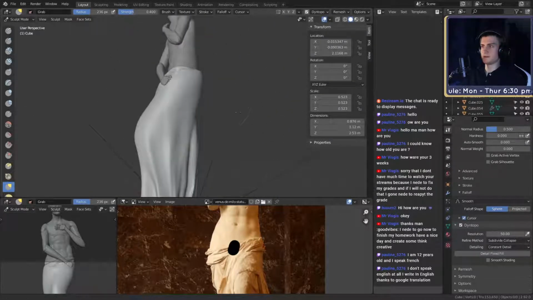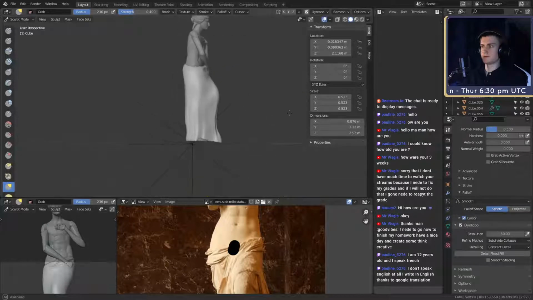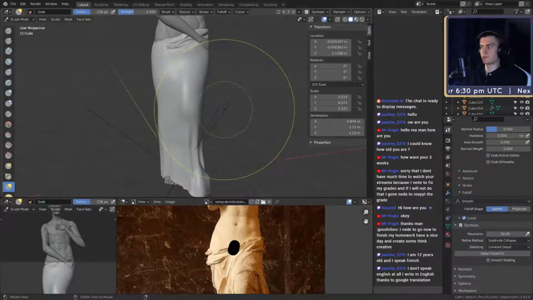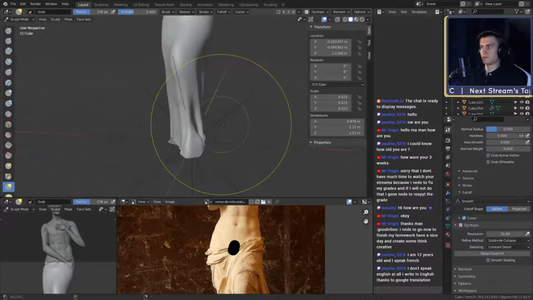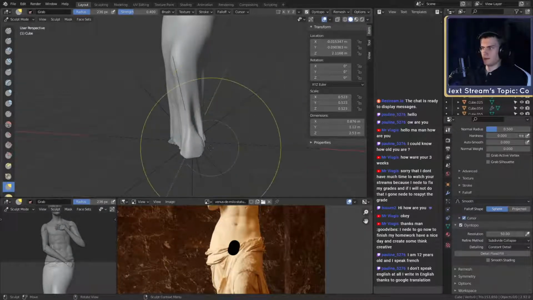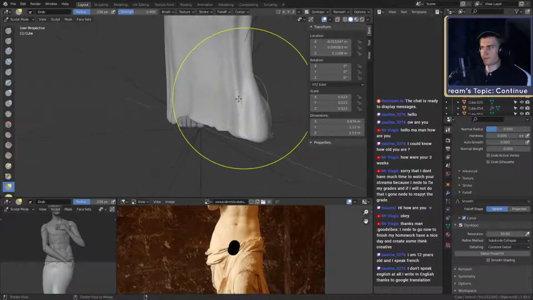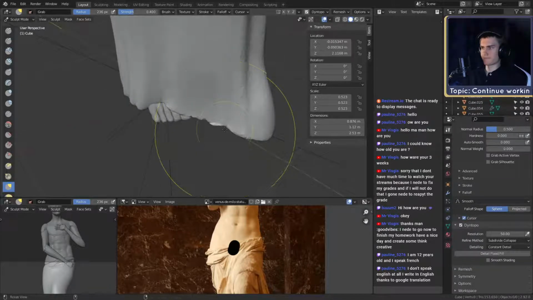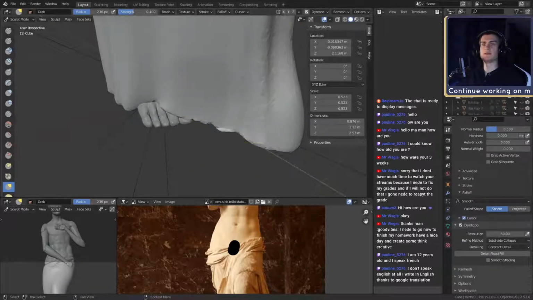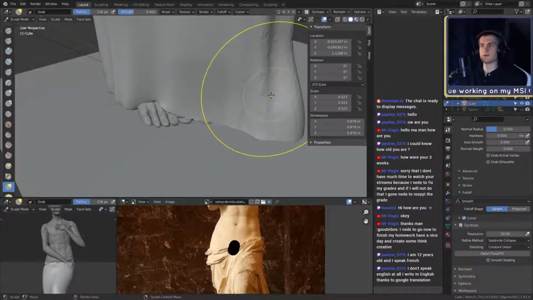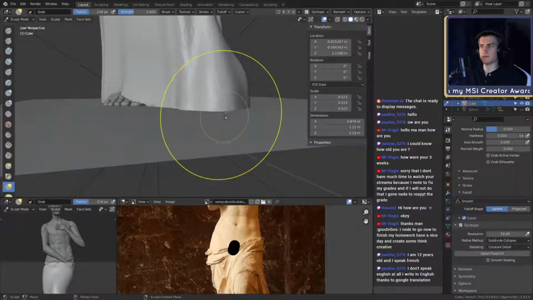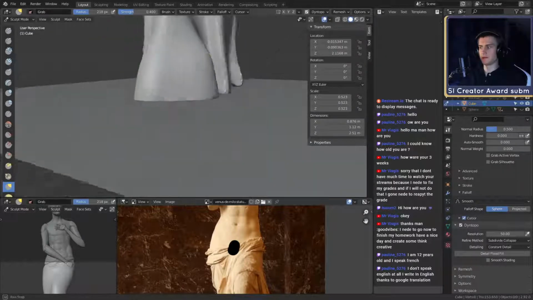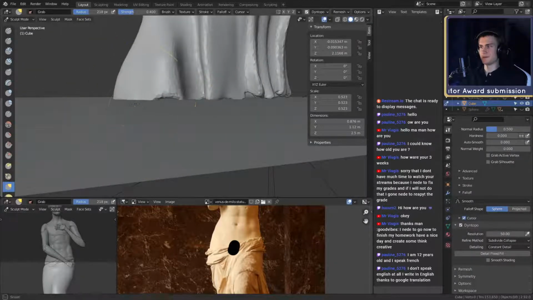Okay, let's see. Where's my plane? I kind of need my plane right now. There it is, okay. So the mesh is already going into the plane, which isn't really what I'm looking for. I have to pull it up.